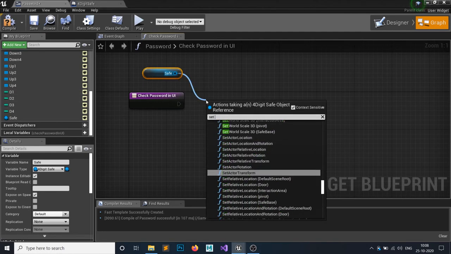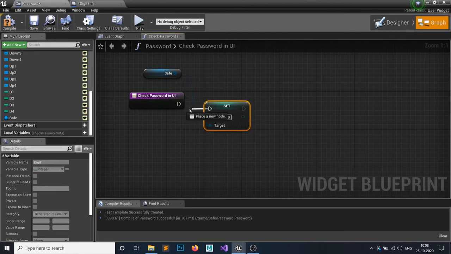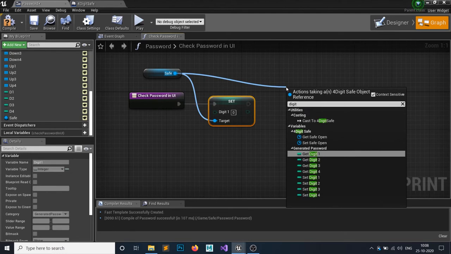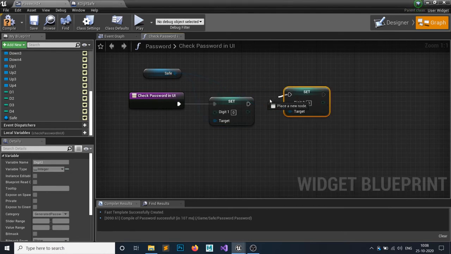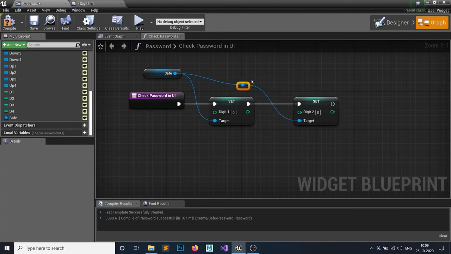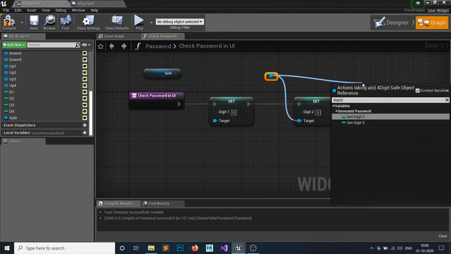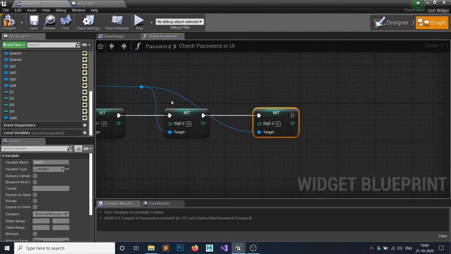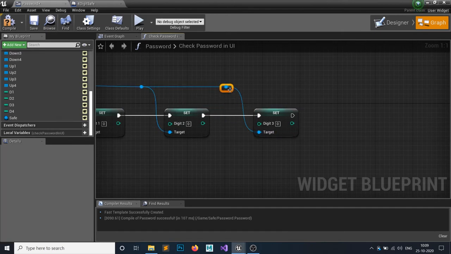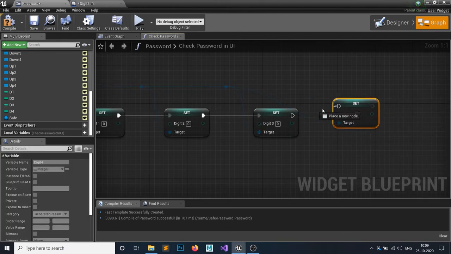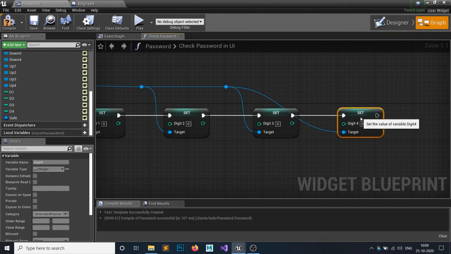So just set digit 1, set digit 2, digit 3, and digit 4. So yes, we have to set all the digits of our chest to our D1, D2, D3, D4.